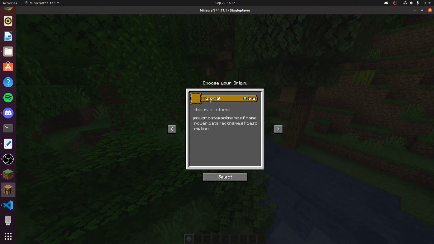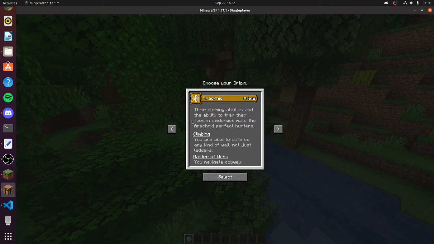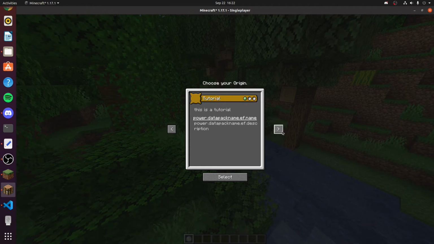So now that we've done this, you might be noticing that there's something missing, like Arachnid has a spider web and Avian has a feather. We can actually set our own icon here. If we go back,